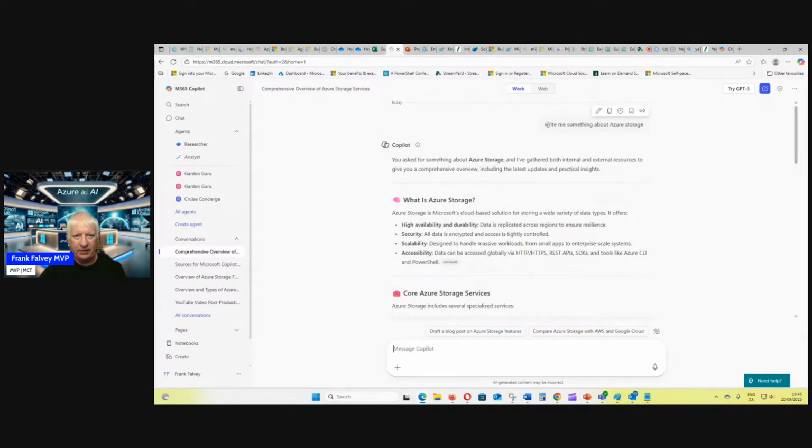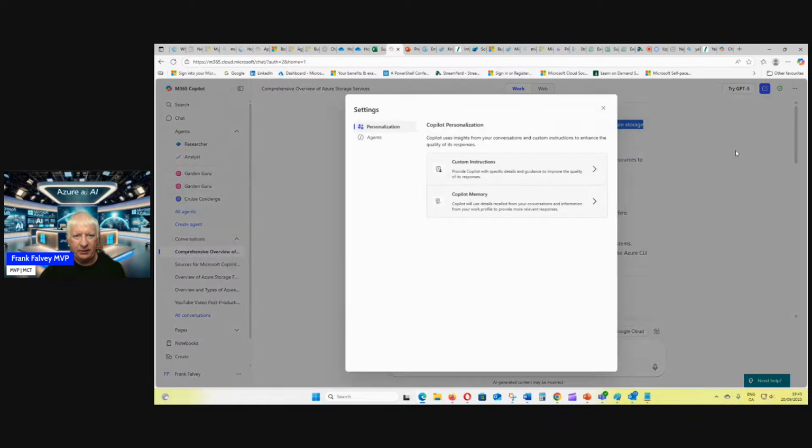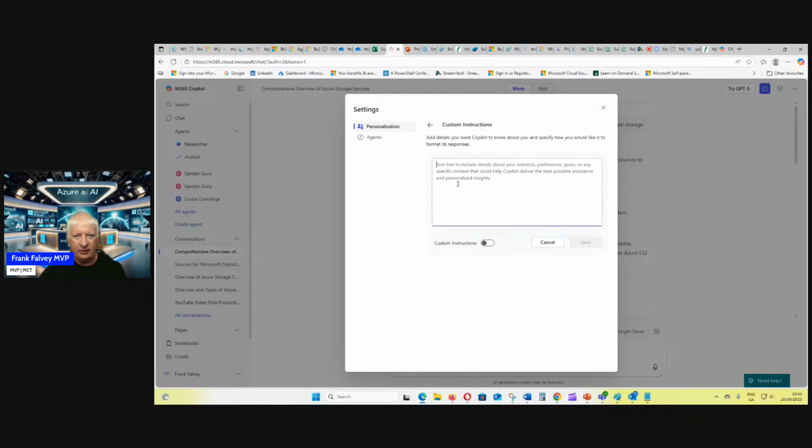So what I'm going to do is copy the exact prompt that we asked it. And I'm just going to go up here again to the three dots and go to settings and custom. What I want to do, you have to make sure that you toggle on this switch. So I'm just going to go in here and write